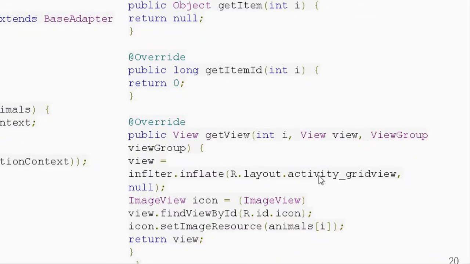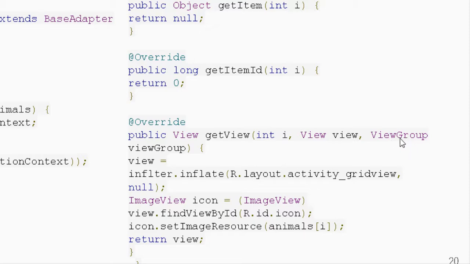But now this is your important portion, where your data item is converted into view items. Please understand get view. A get view always comes with three parameters. The first parameter is integer i, the second parameter is view, and the third parameter is called view group.